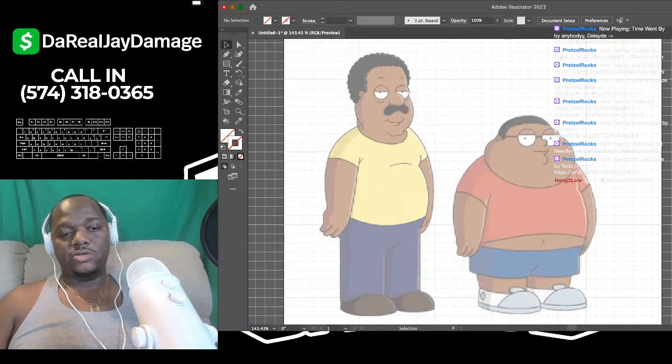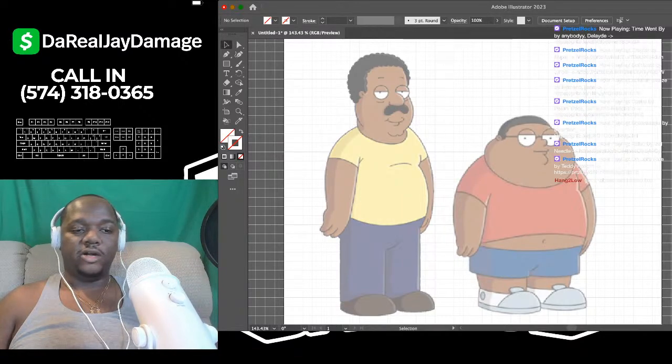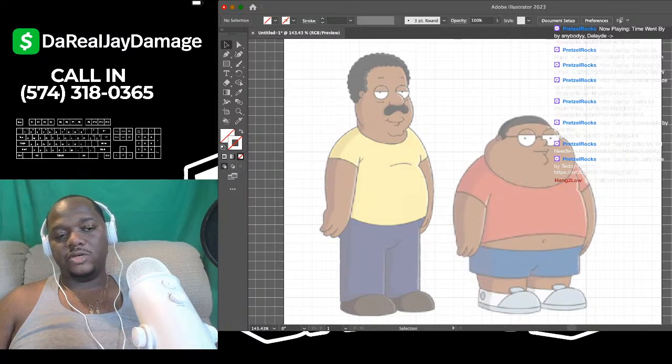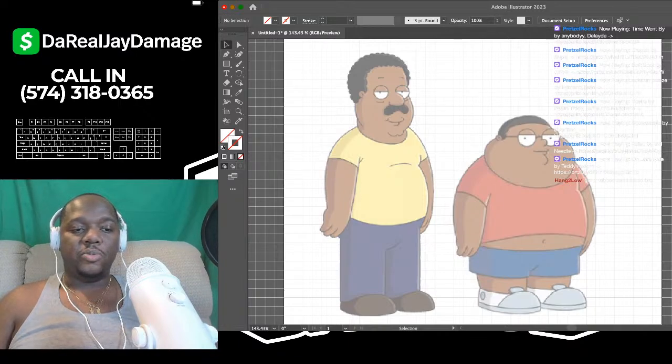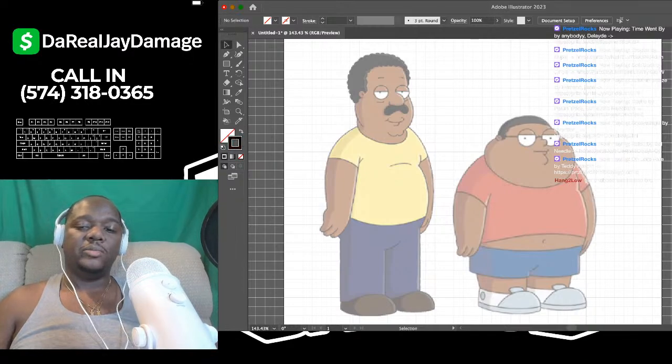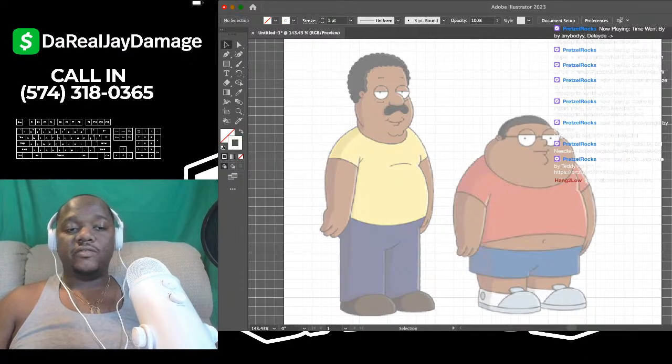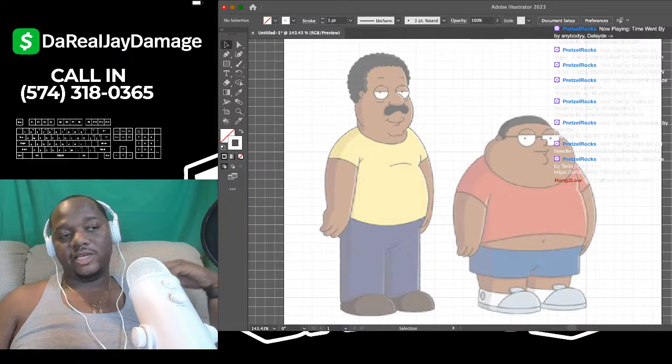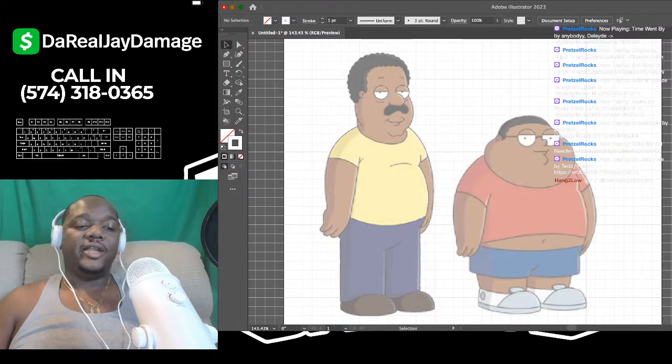Once you're on layer 2, look on the left side of the toolbar. On the left side of your screen, you see two boxes, an open box and a closed box. Click on that open box and then double click it. Boom. Once you double click it, I want you to choose the color black, or whatever color you're going to use. Now, if you click the color and you see it turns white like it just did, don't worry about it. Just double click it again. Now scroll down to the color black and then press OK. Boom.